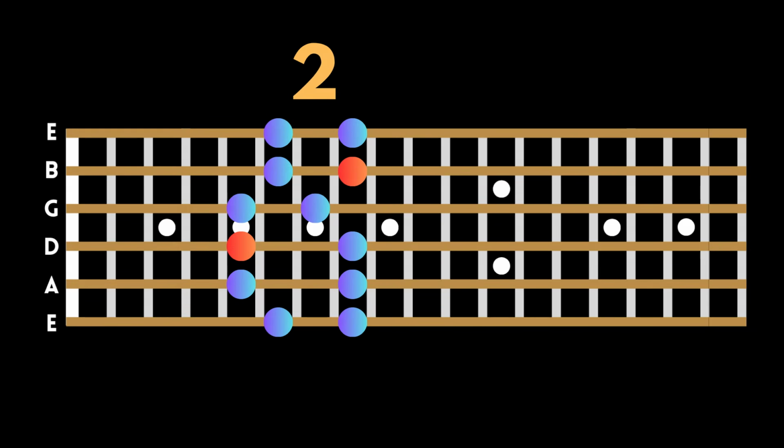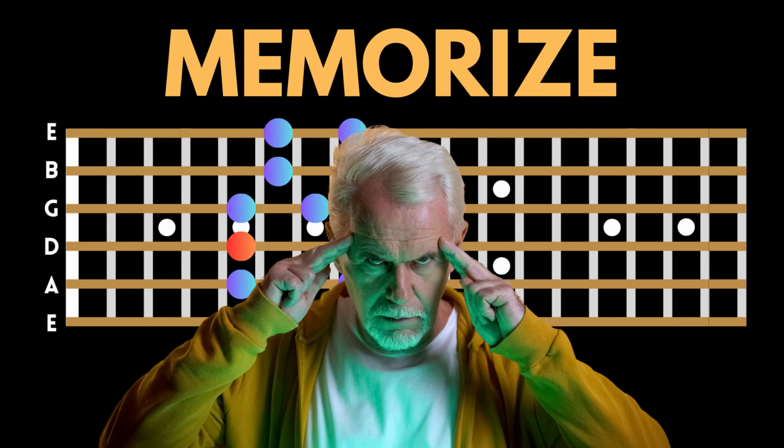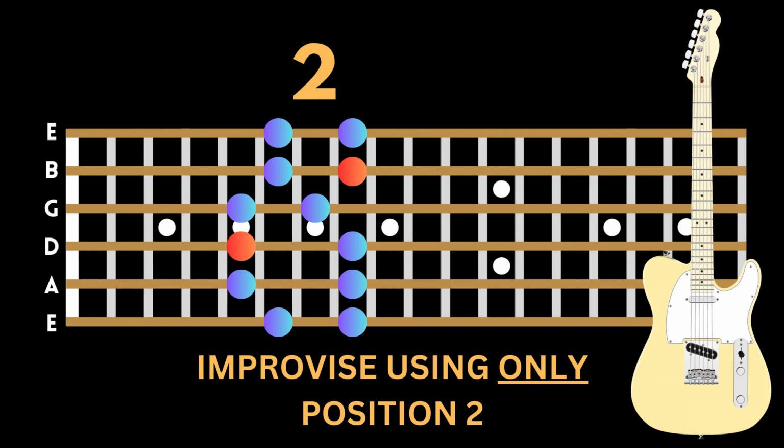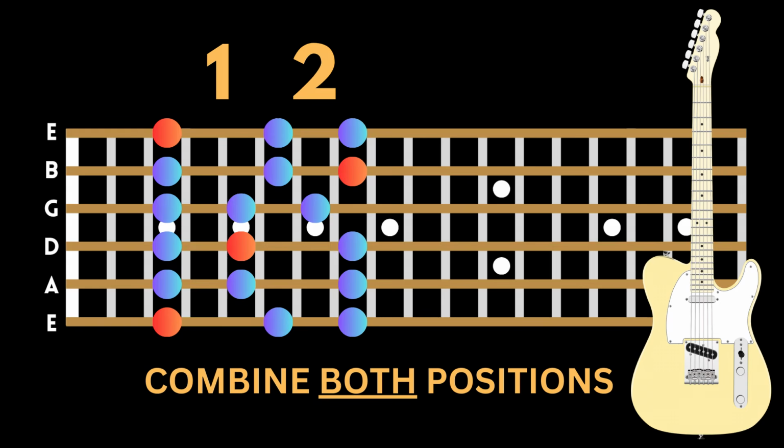When approaching a new position, start by memorizing the new pattern as quickly as possible. After this, try improvising in the new position alone, before finally joining the 2 positions together to form licks using